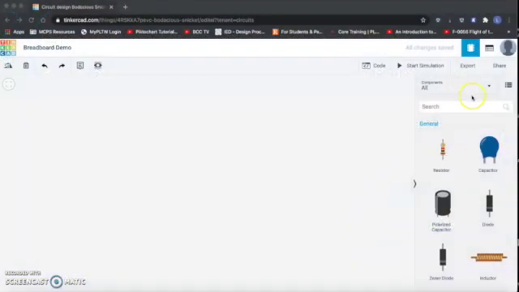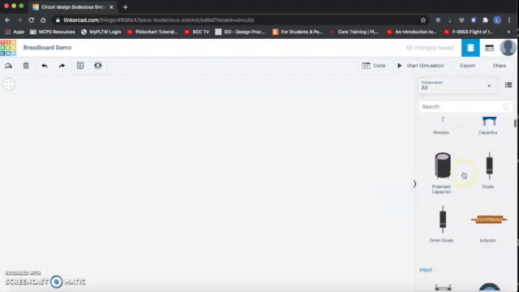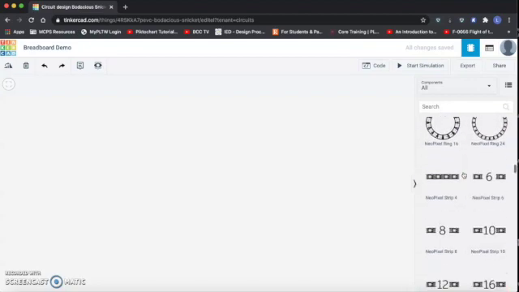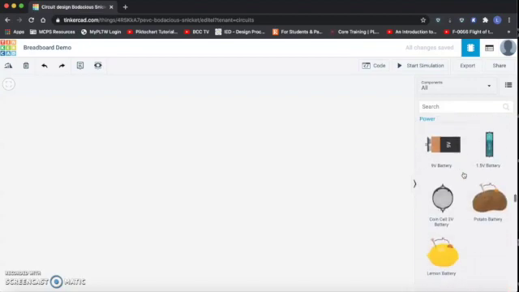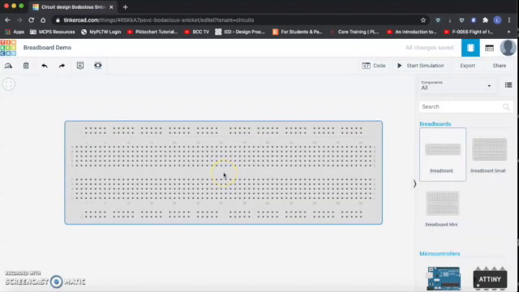like Tinkercad. First, we have to make sure that our components are set to all and not basic. So inside of Tinkercad, there are actually 3 different size breadboards. They are all located pretty far down in the components list, but you have a standard breadboard, a breadboard small, and a breadboard mini. I recommend consistently using the full-size breadboard as it is closest to what we would be using in class. Just click and drag it over, and as you can see, just like in our presentation, we